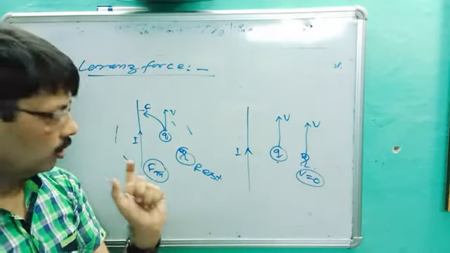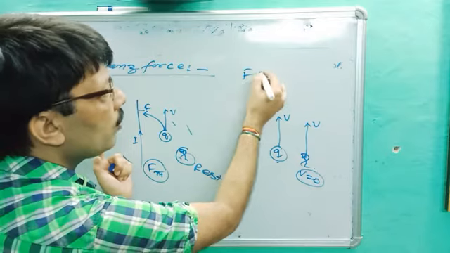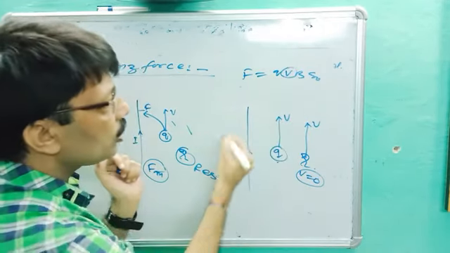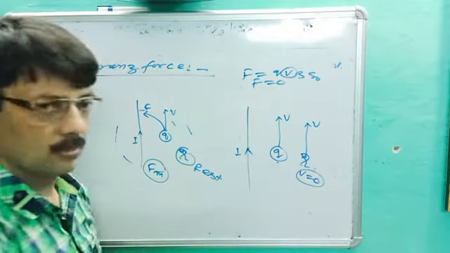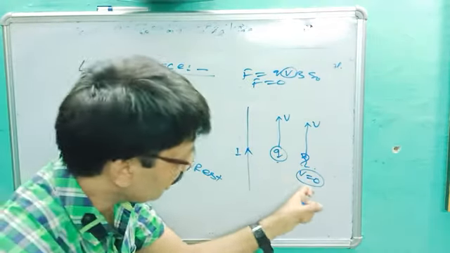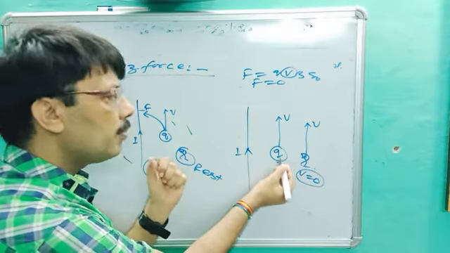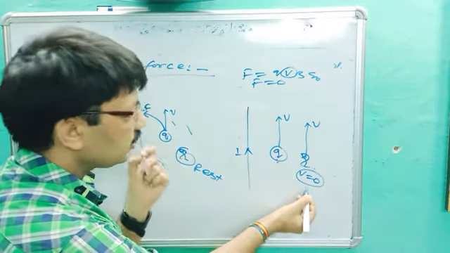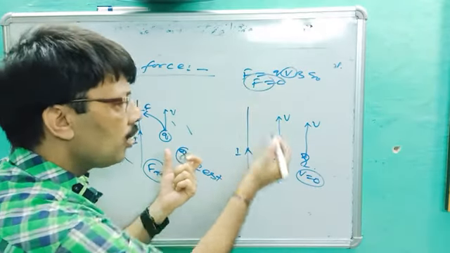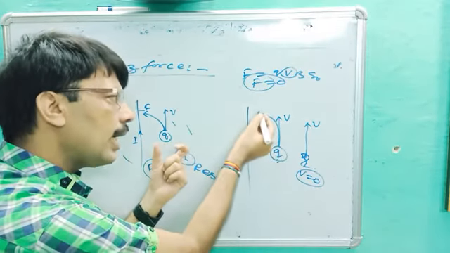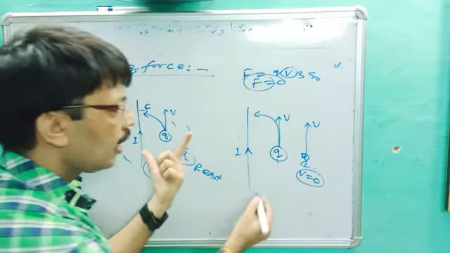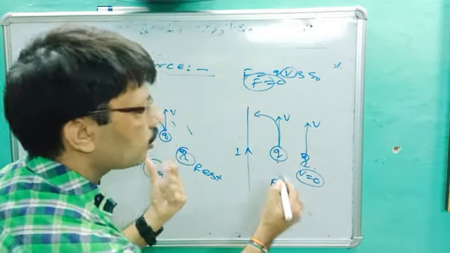It means the force is 0, since we know the formula F is equal to QVB sin theta. If velocity is 0, the force will be 0. According to the concept of physics, since the charge is at rest relative to the observer moving with it, its relative velocity will be 0. So force should be 0, but we notice that it is again attracted towards the wire. It means one more force is acting there, and that force is called the electrostatic force.